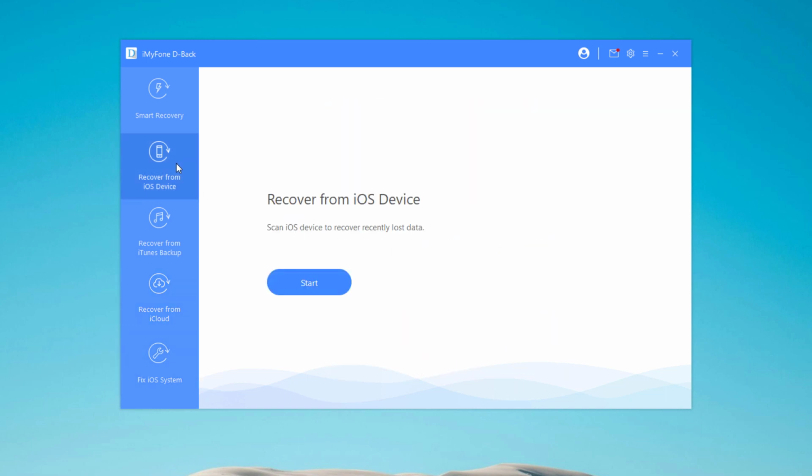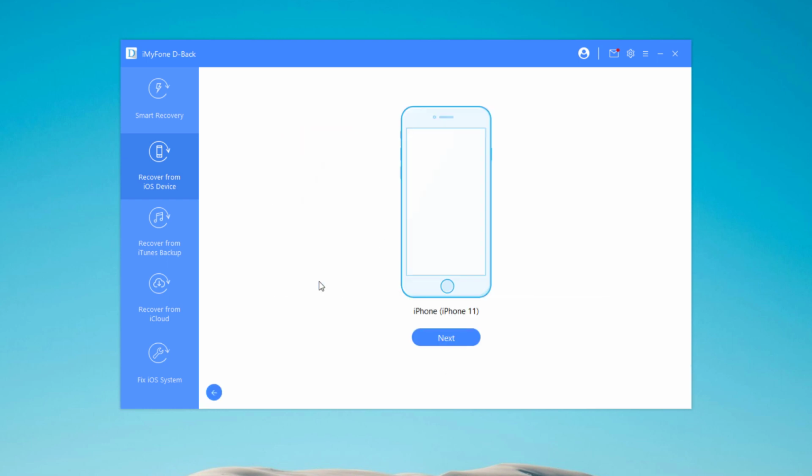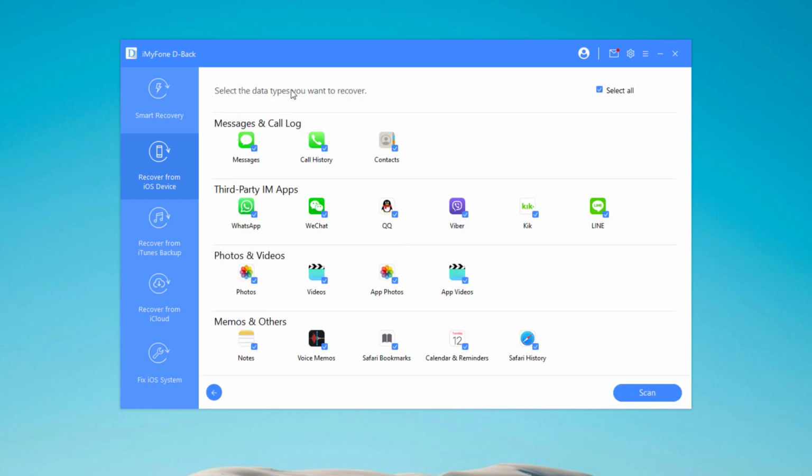So here I will choose the option Recovery from iOS device. Connect your device to your computer. Click Next to proceed. Now select the types of files that you would like to recover. iMyFone D-Back supports all types of iPhone data like messages, call history, Safari history, photos, music, videos, voice records, notes,